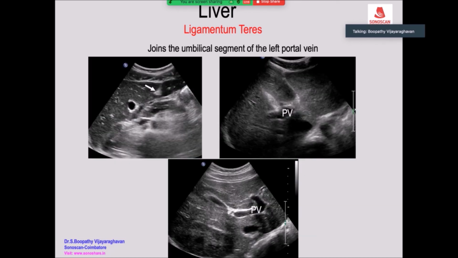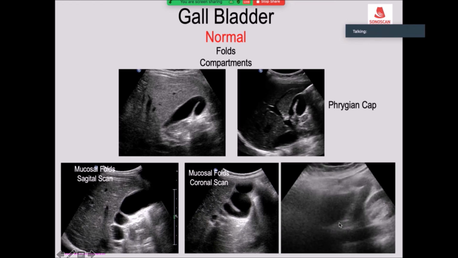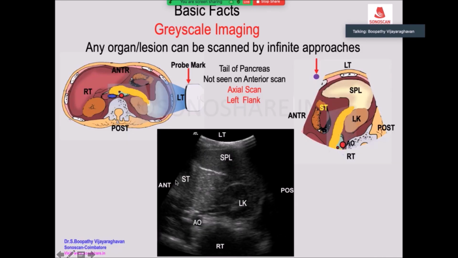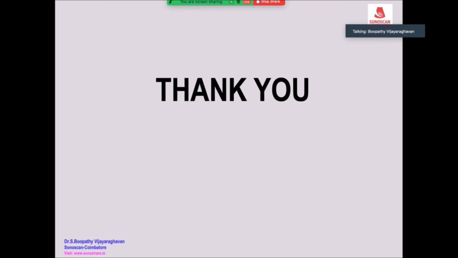It joins the umbilical segment mucosal folds, and if you do a little coronal or oblique scan, you will see that it is the lumen of the gallbladder going like that. So when you cut like that, you get as if there are septa. It is not septa. So then the gallbladder may be a little abnormal in position, and the stomach anteriorly, and you get the tail of pancreas in between. So this is the tail of pancreas, normal. So this is a very useful technique to see the tail of pancreas, particularly in acute pancreatitis. Thank you very much for your patient listening.